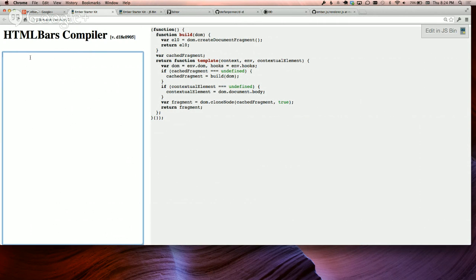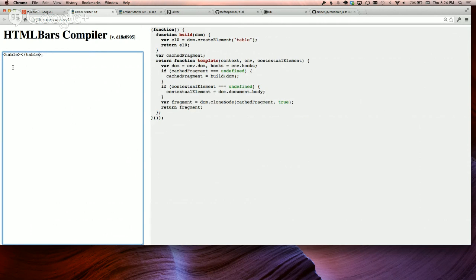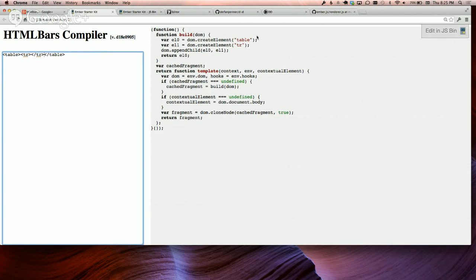We don't have this yet, but right now this isn't, but what it should be doing is creating a